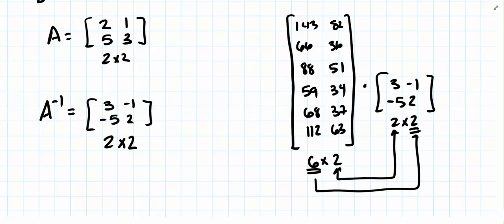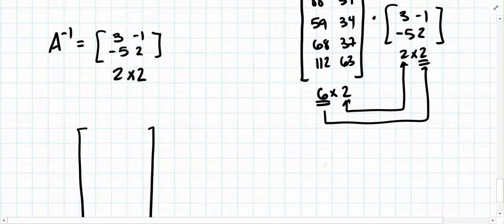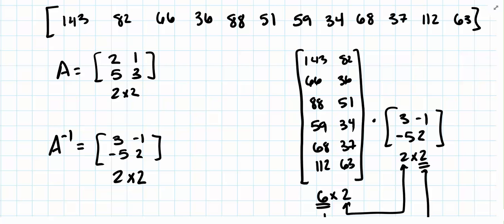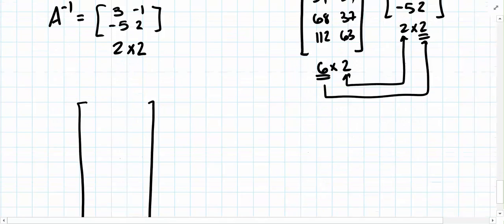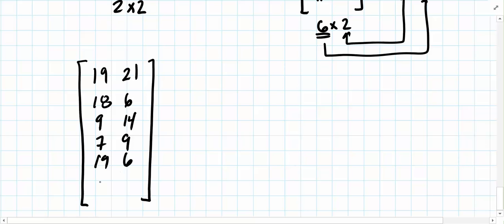Okay, so right now this is what I'd like you to do. I'd like you to decode that 6 by 2 and place it here. So somebody already has. So what did you guys get when you multiplied the encrypted matrix by the inverse of the key that was given? What did you come up with? 19, 21. Okay, 19, 20, 21, 18, 6, 9, 14, 7, 9, 19, 6, 21,